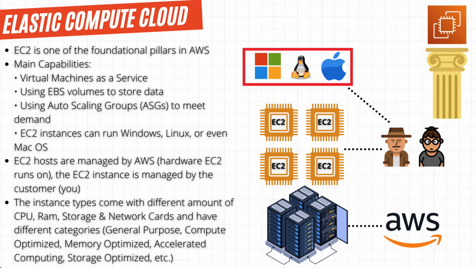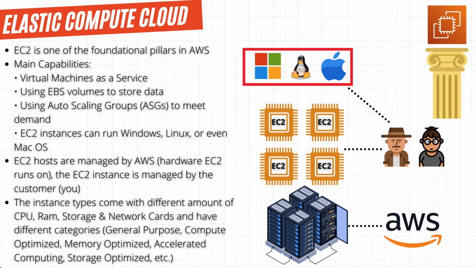Welcome back. In this lesson, we will go over Elastic Compute Cloud, or EC2 instances, in depth. EC2 instances are a foundational pillar in AWS cloud computing. They are the reason we can run our workloads on servers in AWS. EC2 instances are basically virtual machines as a service, and we can configure these VMs to our workload needs without compromising